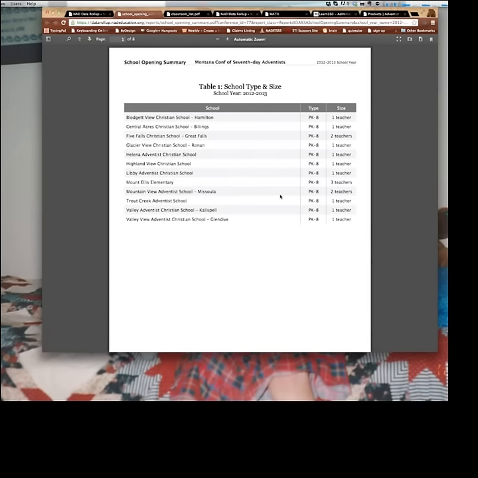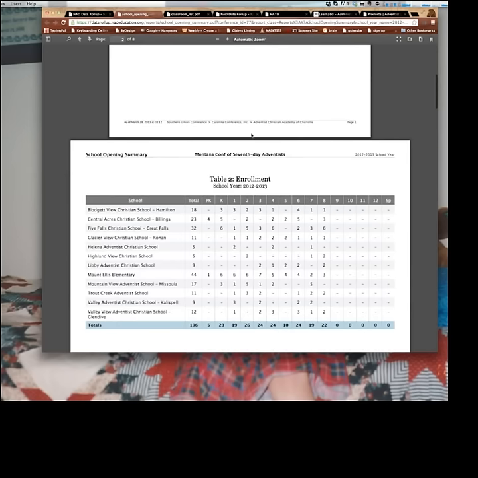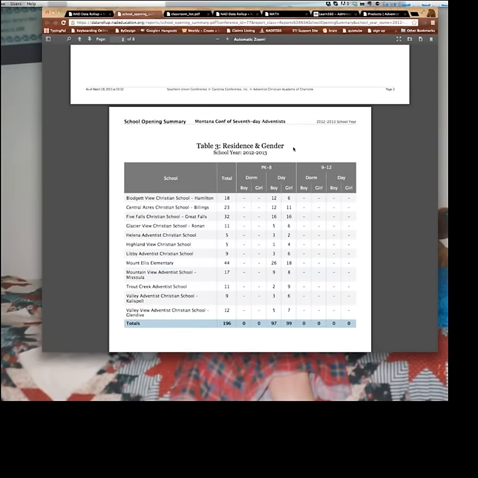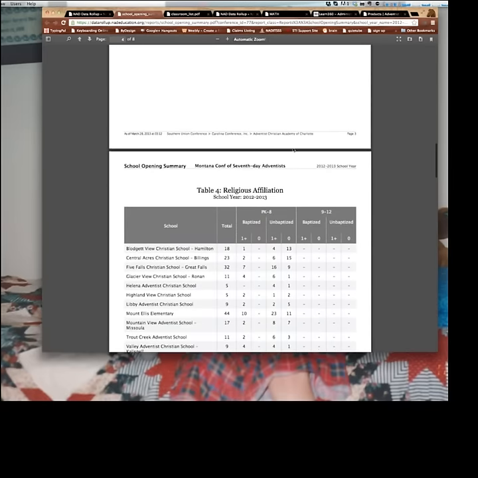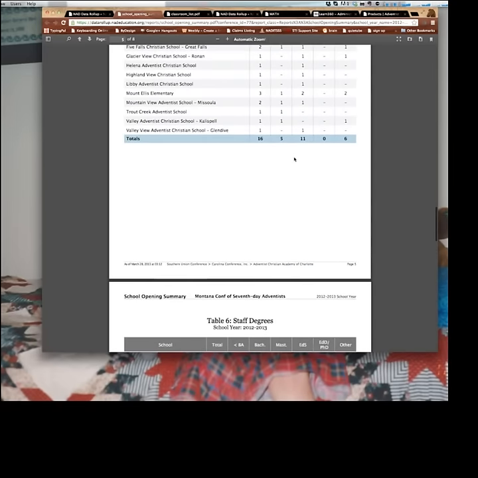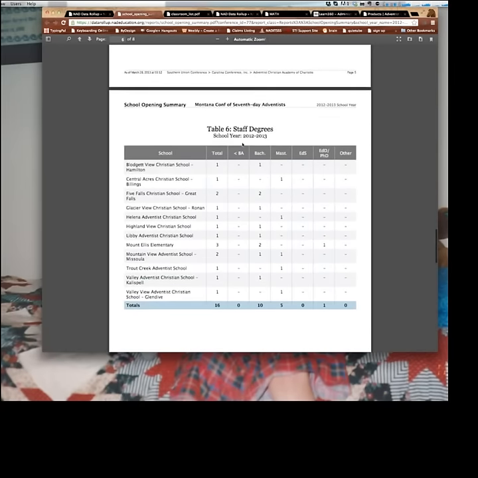With our little delay with internet speed. And here we go. Here's my school type and size. Here's my enrollment. Here's the residence and gender, religious affiliation, staff gender, and other. Oh, certification. Staff degrees,